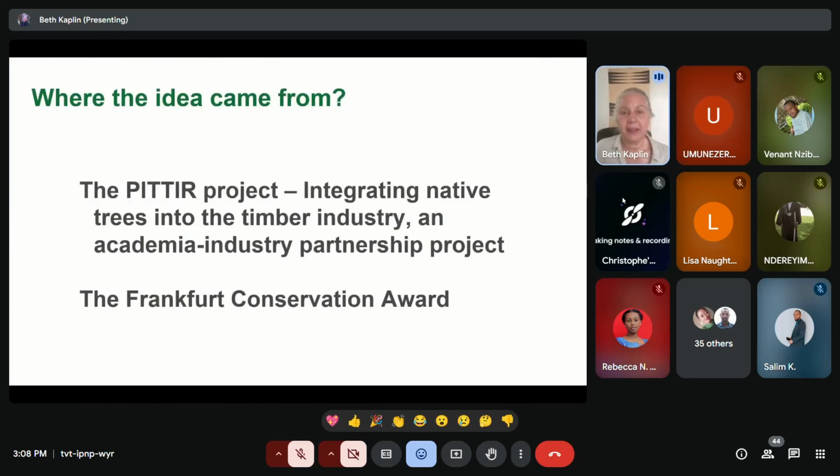And so where did the idea come from? Well, I was just telling you about how you can get kind of motivated by seeing these legacy trees. But we also started talking about this with a group of us in this project we had. It was funded by the NCST, National Council for Science and Technology. It was an academia industry partnership project to look at integrating native trees into the timber industry. And while we were doing that, we noticed it was very difficult to find native seeds to plant seedlings for